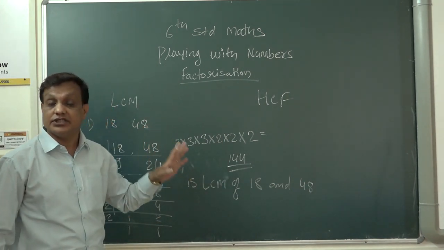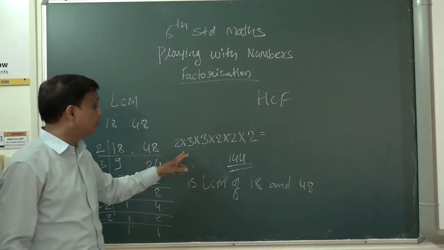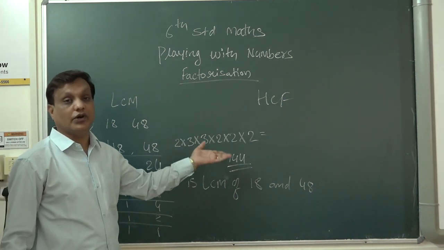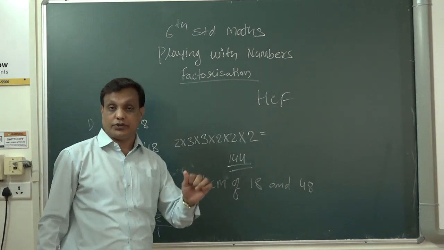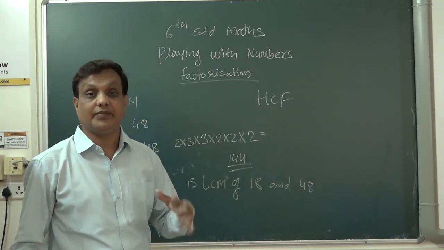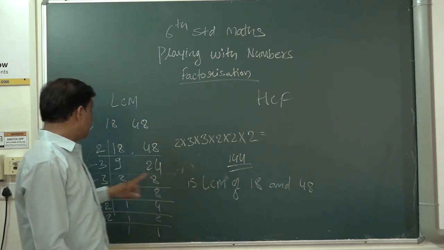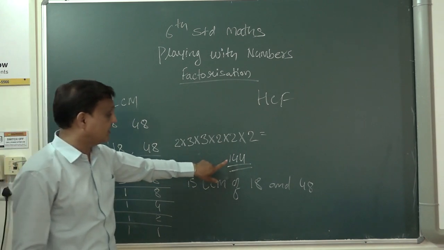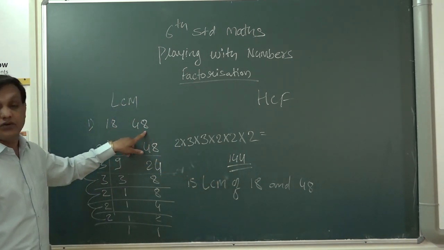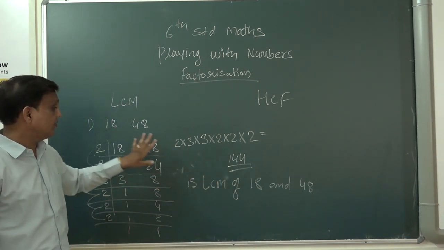If the calculation is not coming, you can multiply 2 numbers at a time and go forward. If the multiplication is not coming together, you have to take 2 or 3 digits together and multiply and go. Here, once again, all these numbers you have to multiply. Whatever answer comes after multiplying, that is the LCM of 18 and 48. So 144 is the LCM of 18 and 48.